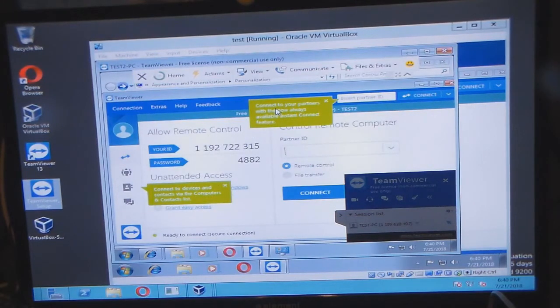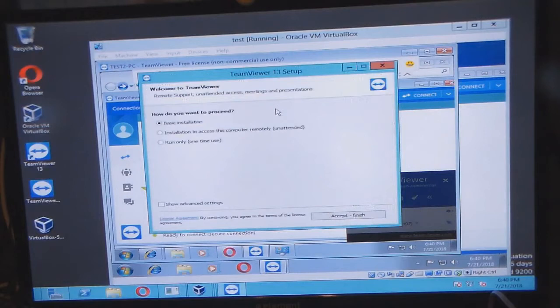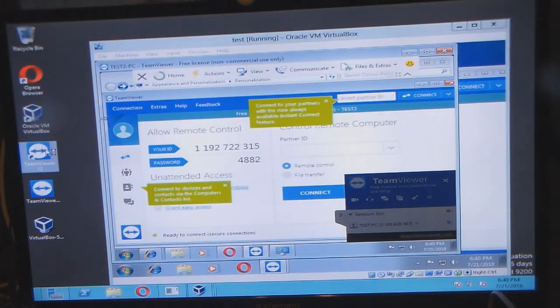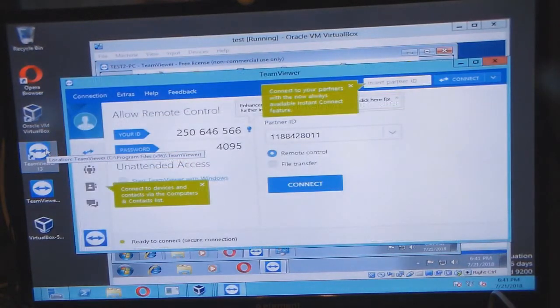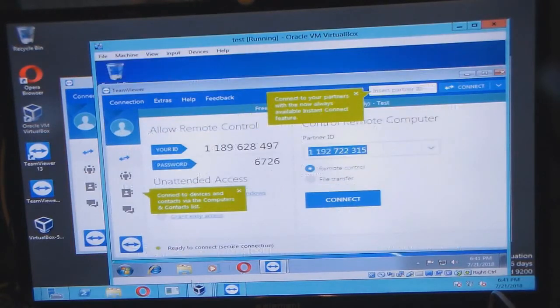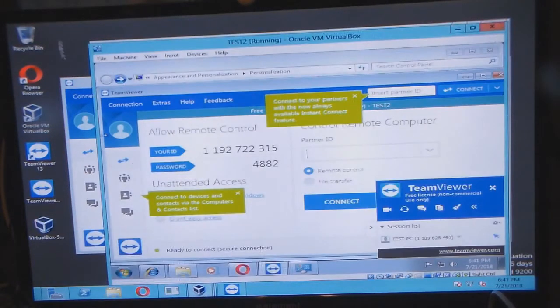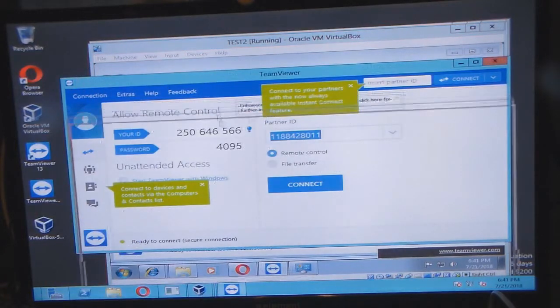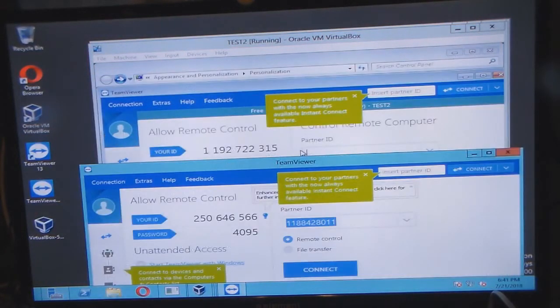What I'm trying to do is see, since I have virtual machine 1 controlling virtual machine 2, from virtual machine 1 I'm going to tell virtual machine 2 to control the host machine. So what I'm going to do is I'm going to get on virtual machine 2, and I'm going to tell virtual machine 2